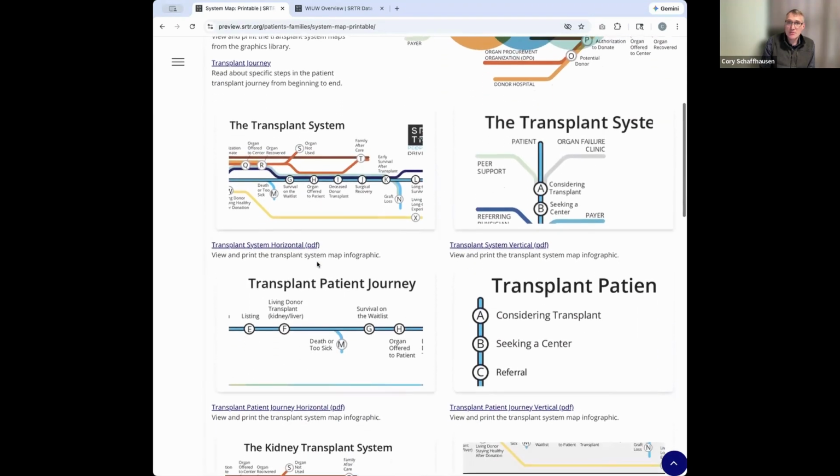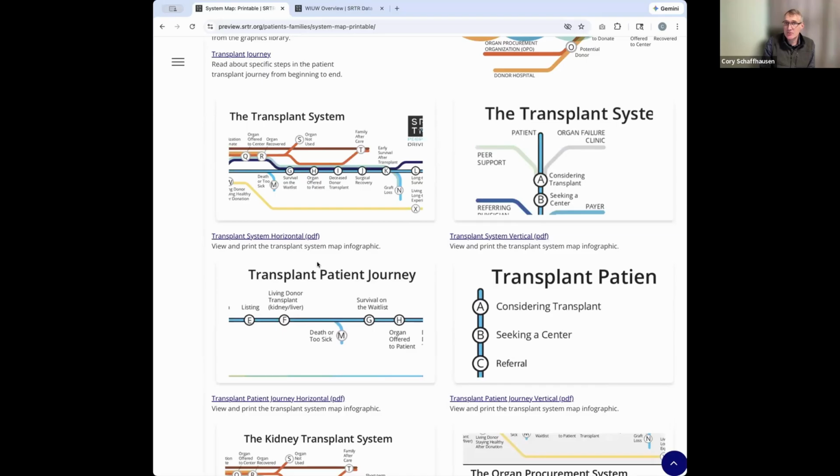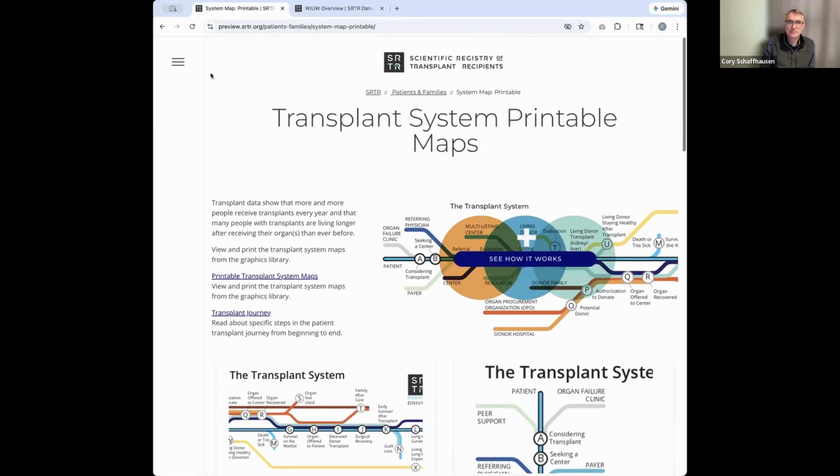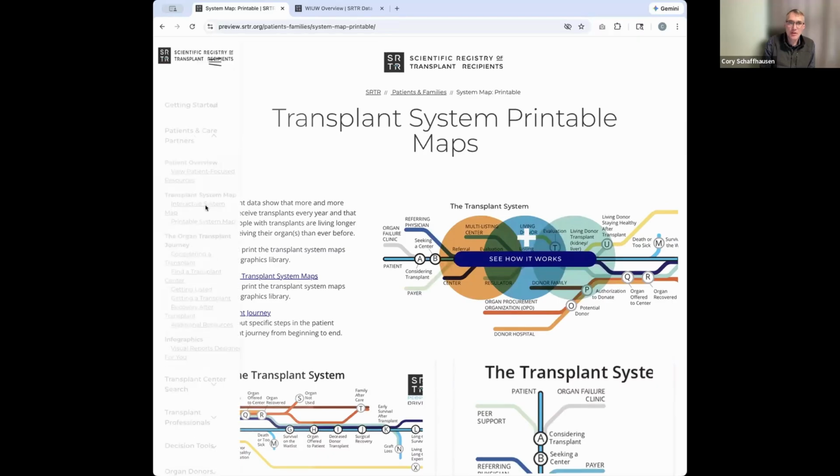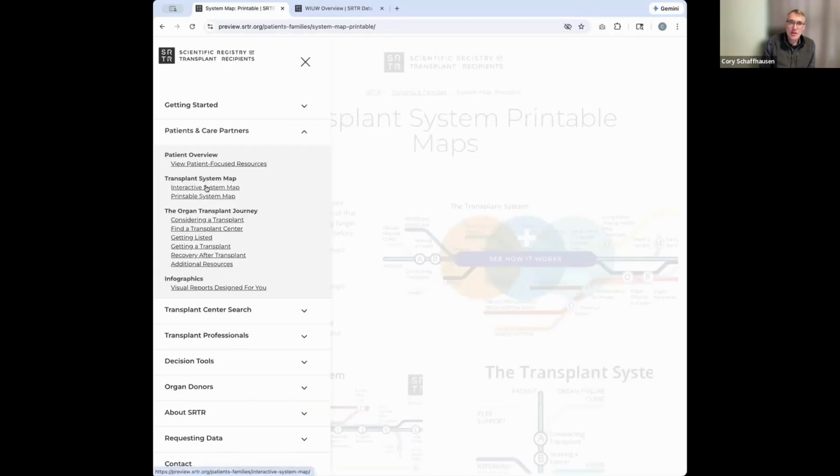This page provides downloadable PDF files of a number of different versions of the transplant system map. As mentioned earlier, the pediatric specific map is currently not available on this page, but it will be provided directly to transplant families. We have also created an interactive system map,